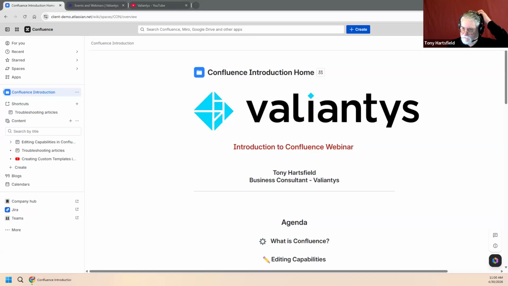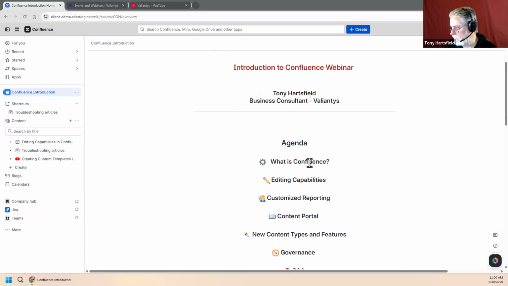We're going to be here for the next hour or so, and try to take as much of a dive into Confluence as we can. I'm not going to kid you. I'm going to cover a lot of material in a short amount of time just so that you can see all of the features that Confluence has to offer you. So we're going to start with just some of the basics, with creating some content. And then after we see some of those features, we'll see how that could be leveraged into how to use Confluence within your organization. So today we're going to first off talk about what is Confluence,